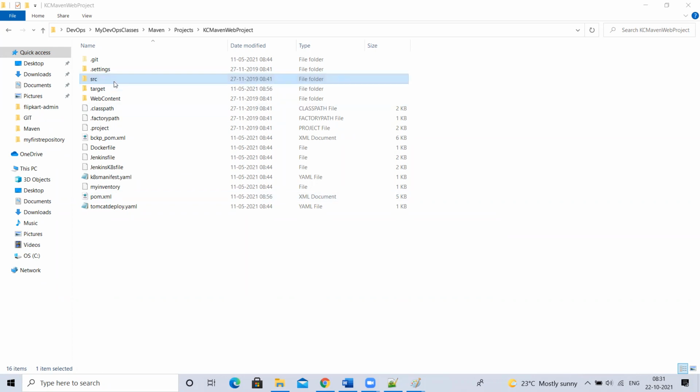Okay, it is going to generate an artifact. Once Maven generates the artifact, where should it place it? Somewhere it has to store that artifact, right? In the target directory it will store. So target is a directory where our Maven is going to place the generated artifact. Is it clear, guys?